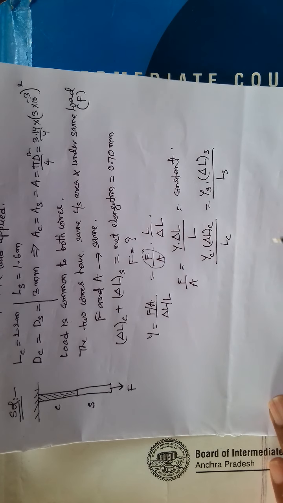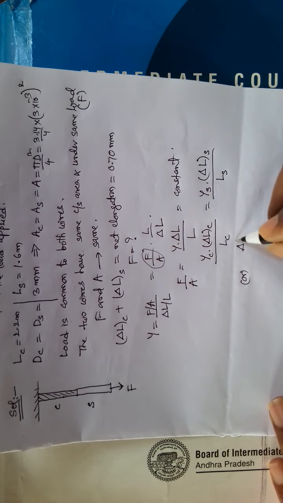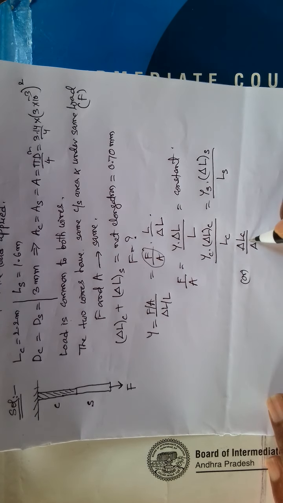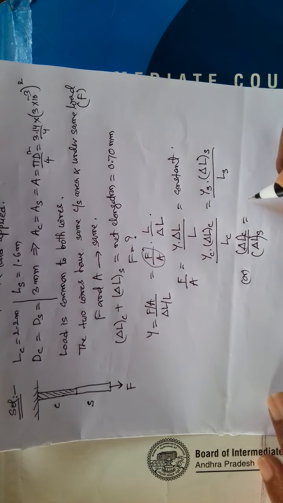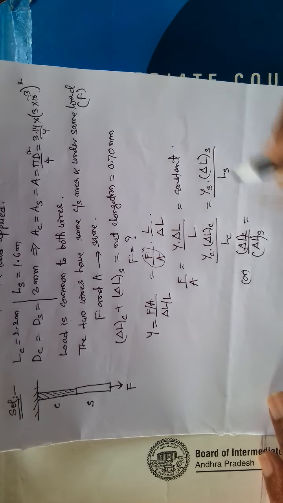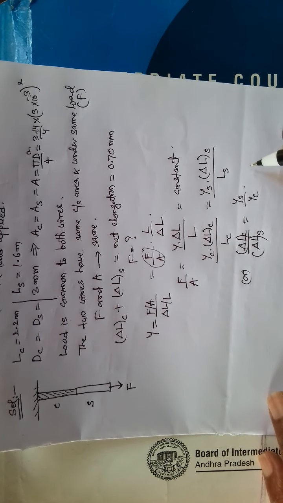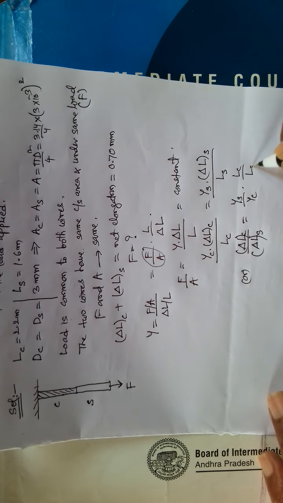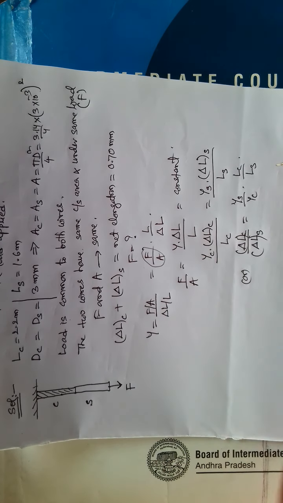Now delta Lc divided by delta Ls is equal to, take this to that side, take this Lc to that side, Ls. Now substituting the values,